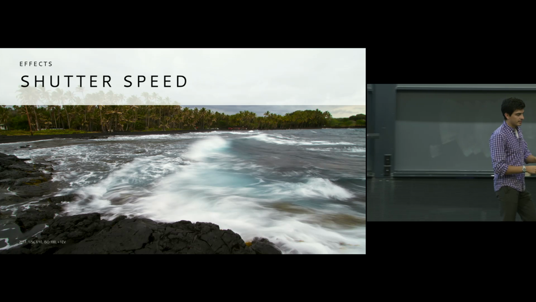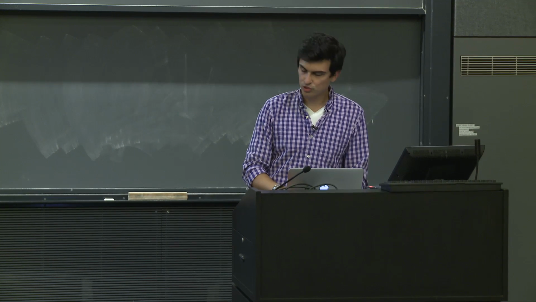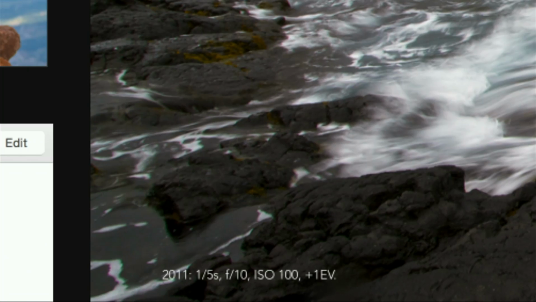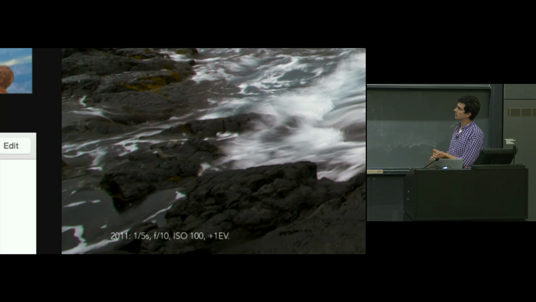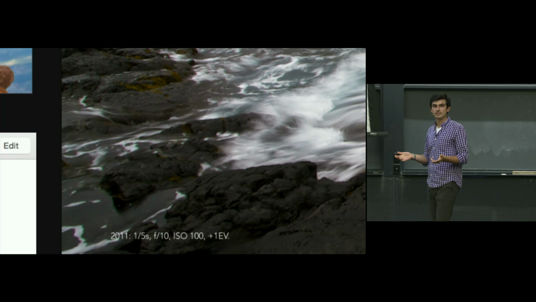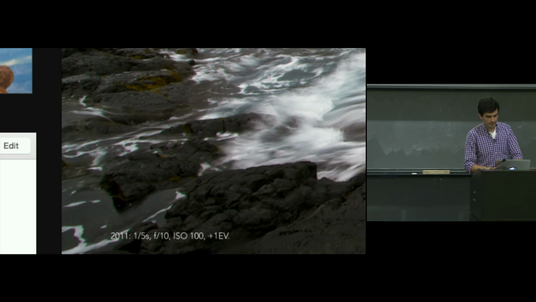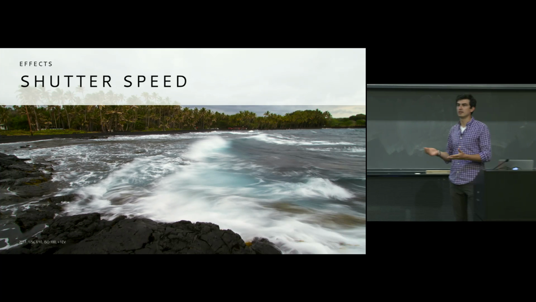What I'm going to start doing in general is to try to apply some of the exposure values used in a variety of these photographs in the lower left-hand corner of the slides, and you can go back and take a look at them if you're interested to see how we were able to take some of these photographs. We can see here that this shutter speed, there's a couple of other numbers that we'll talk about later, but this shutter speed was still relatively fast at 1/5 of a second. So this is still 0.2 seconds, but that was long enough to capture the motion of the wave, at least